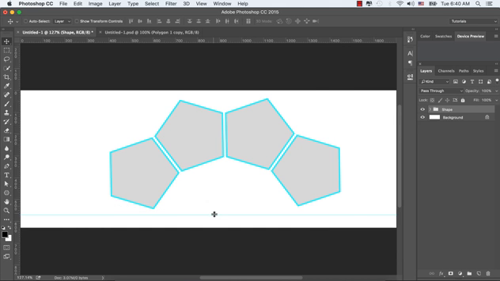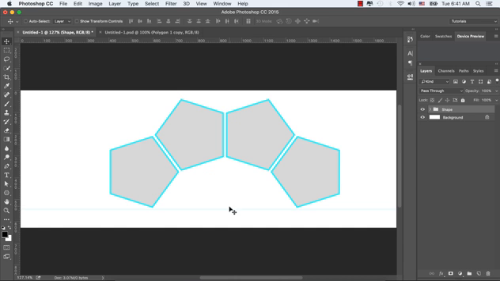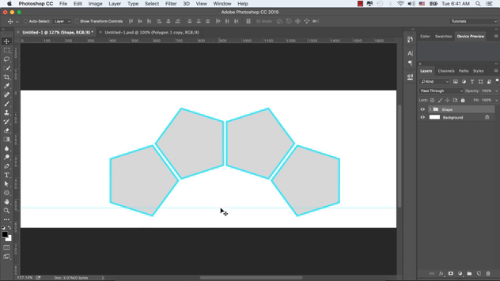Now press Ctrl or Command T in order to resize this whole group again, and let's match it with our guideline, our bottom guideline. Let's bring down the guide a little bit.